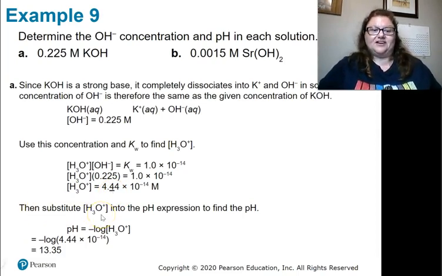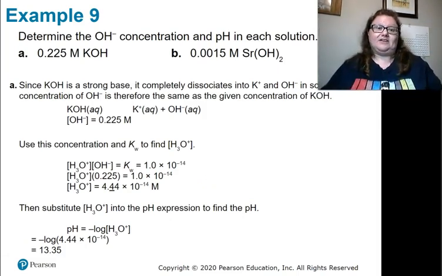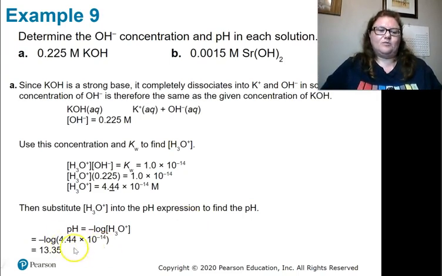Then we're going to substitute the hydronium into the pH calculation. A part where you have a possibility of making an error is if you stop here, thinking that you're doing OH, get this value, which is really the hydronium, but think it's the OH and put this in like a pOH. So just stay aware of what you're calculating. Okay, if you're asked to find pH, you've got to use the hydronium ion concentration. And so we plug that in and we get